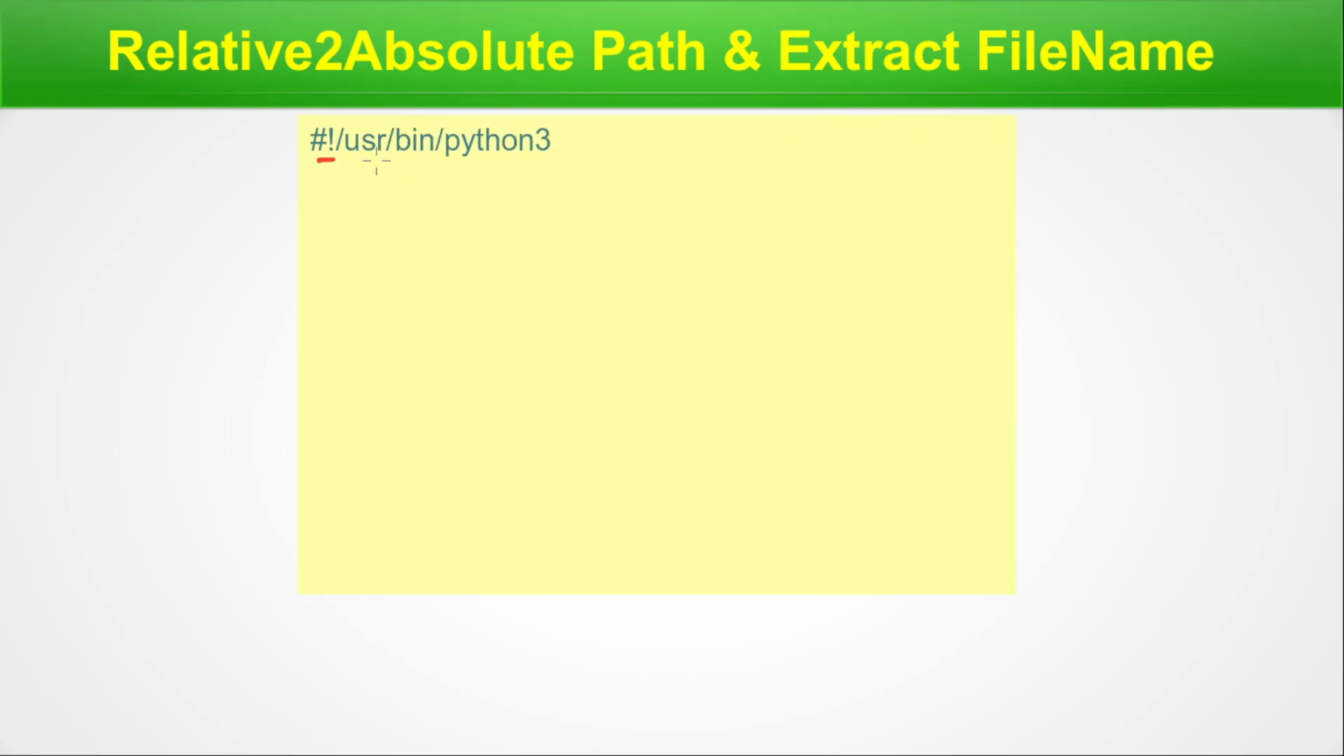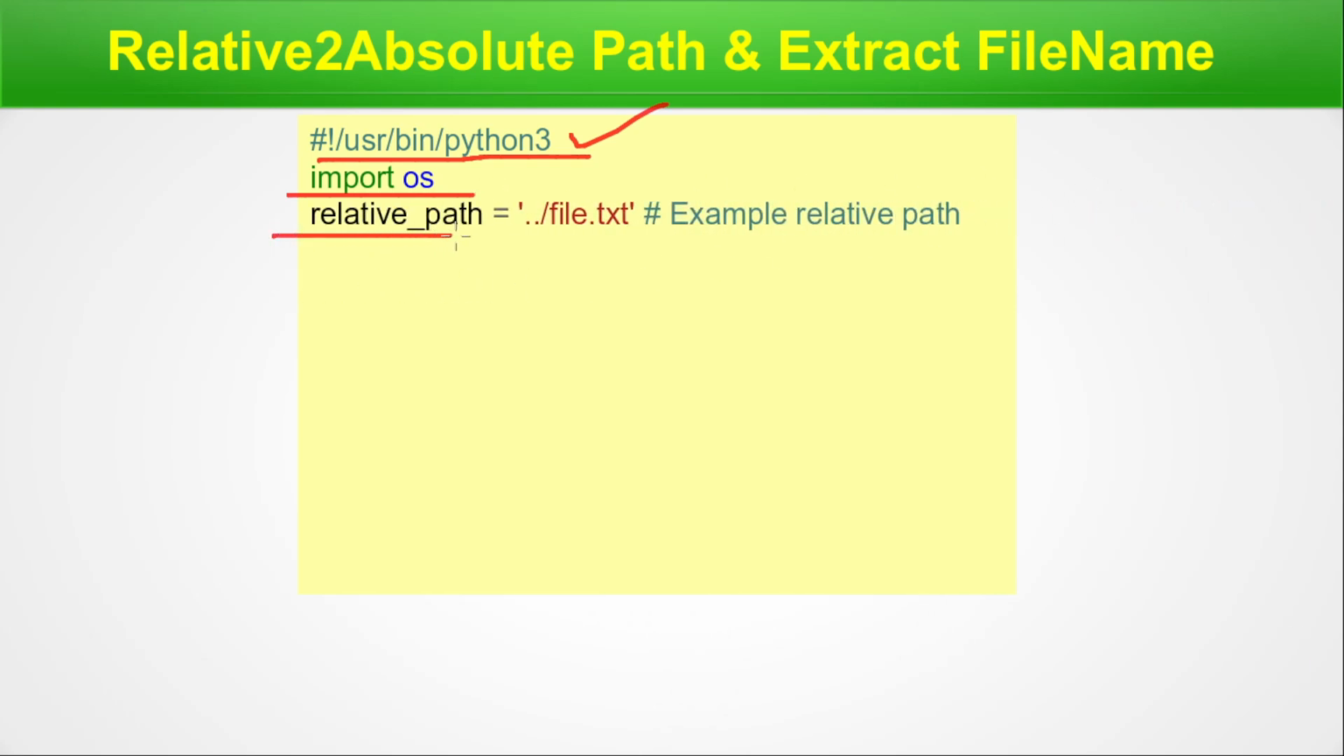First, here is the first line of the code, that is #!/usr/bin/python3, as we are using the Python 3 interpreter and the Python 3 coding. Next, we write import os. Next, we write a relative path, and here we have created a file with some text in the file.txt, which